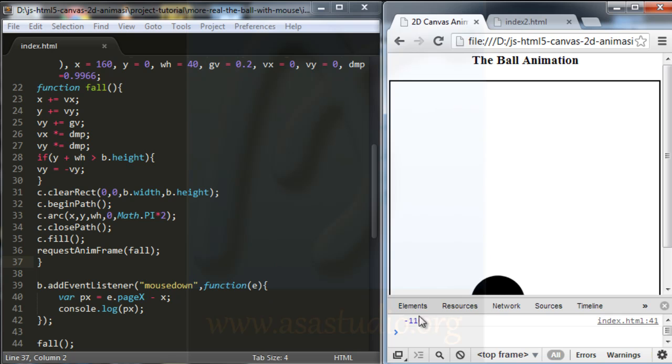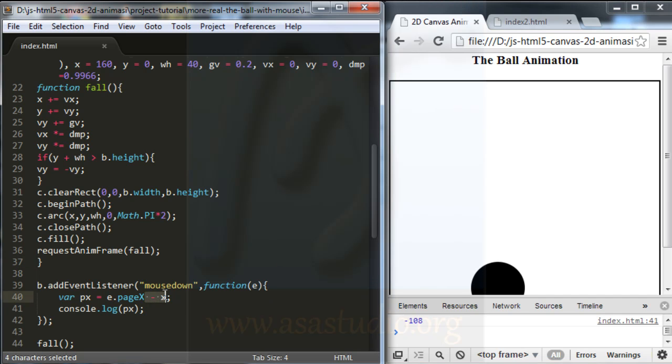If I click, now I have a number for the position of the mouse, and I have a negative position for my mouse to the left of the ball. Okay, because I have the ball and page x minus x, that is the x of the ball.